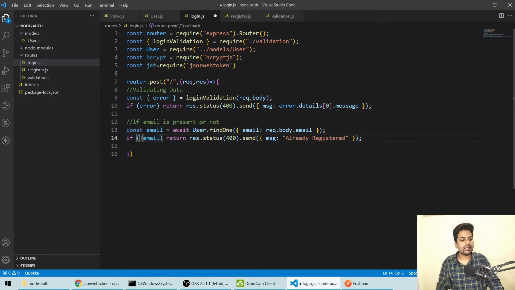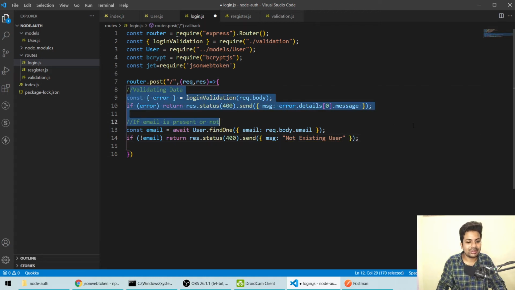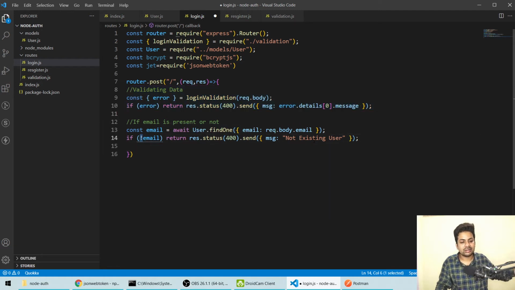Like if the email does not exist, then send an error, not existing user. It's the same: firstly we'll do the login validation, like everything's proper, then we'll come to the email, then we'll find the email. If the email is present, then it will just go forward, and if the email is not present, just send an error like user not present.